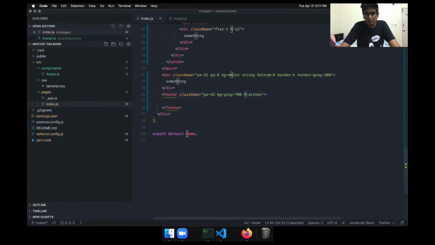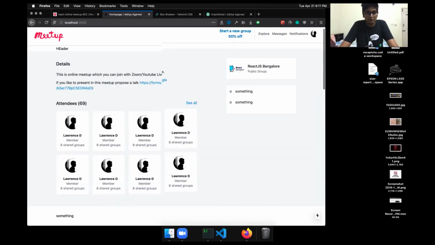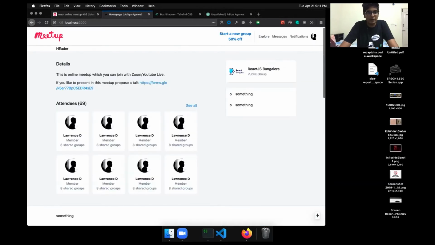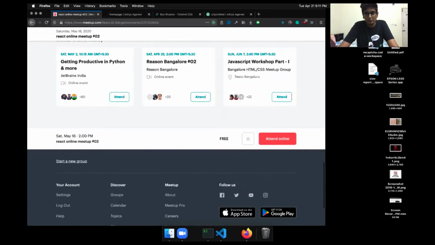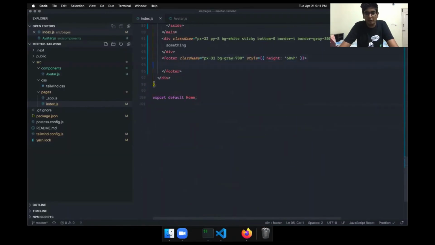And instead of this, I'll say style height 60 VH. So this will look similar to theirs. We have got that effect as well. And so let's make this layout. Again, if you see, this is very similar to the nav layout.